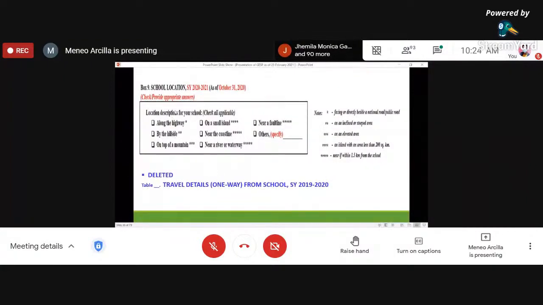Okay, box 9, the school location. Ito po, location descriptions of your school. Check all if applicable sa school. So, if it's along the highway, notes po dito, along the highway means facing or directly beside a national road or public road. And if it's by the hillside, on an inclined or steep area, or if it's on top